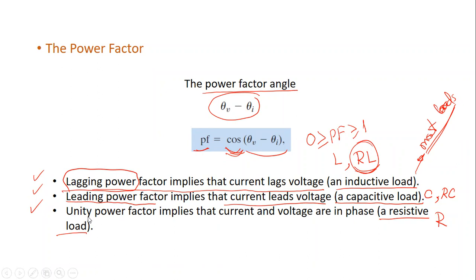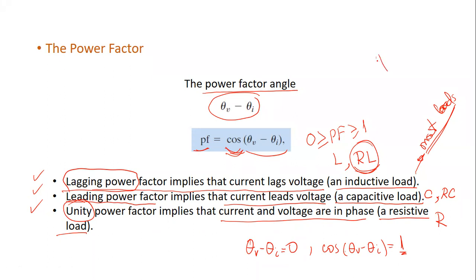And then the power factor will be called the unity power factor, because in a resistor, the voltage and the current are in phase, and the phase angle between the voltage angle and the current angle will be 0. And then cosine of theta V minus theta I will be equal to 1. And this is why we call it a unity power factor. So unity power factor is the power factor that is equal to 1. And this can be achieved in a resistive load, or it can be achieved also in the